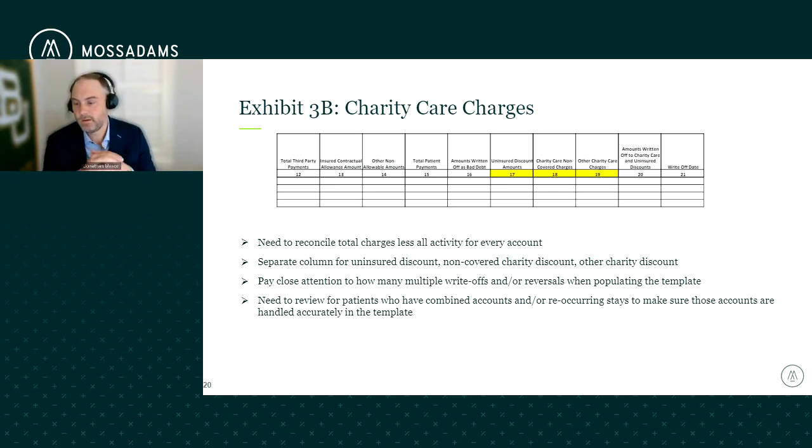One of the questions: we are a sole community hospital and we are still being audited. That's what I wanted to make sure of. That's what we keep seeing, that these are still audited even this year, that the audits are going on. So to get back to that point, if you're a sole community hospital, it may make sense to complete these exhibits up front. So thank you for that.